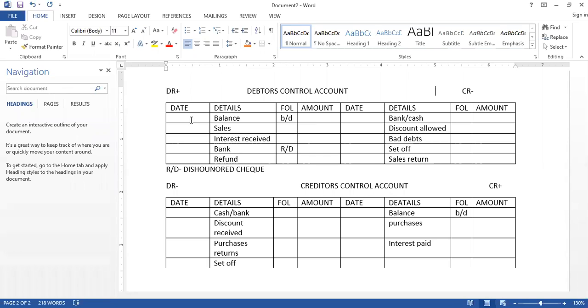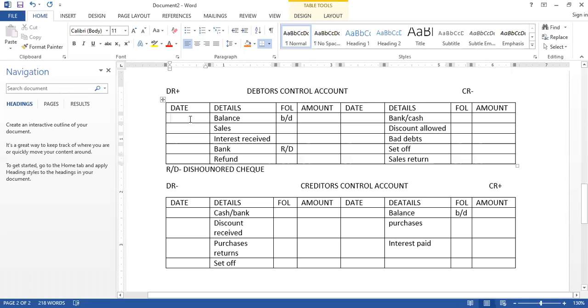When it comes to control accounts, please listen very attentively. When it comes to control accounts, the balance is always on the first. So you write the year, you write the, oh, I realized that, okay,